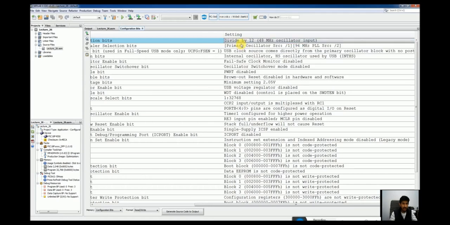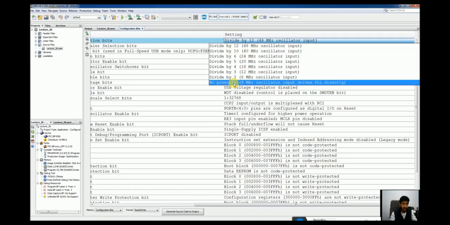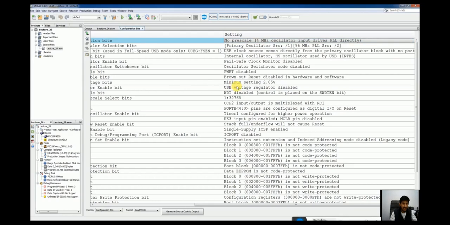Whatever the clock source is, it will act as it is. For example, if we have a 4 MHz crystal oscillator, 4 MHz will be the primary oscillator's frequency for our microcontroller. But if we use no prescaler, then it will be multiplied by 12, so 48 MHz will be our primary clock frequency.